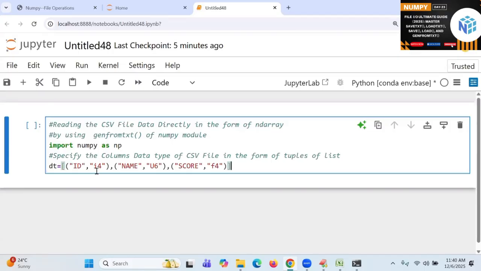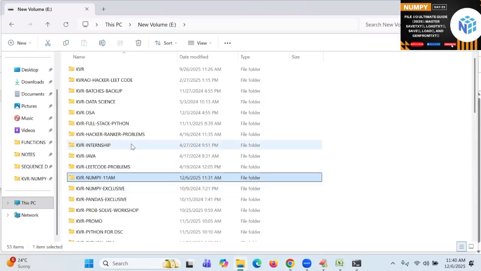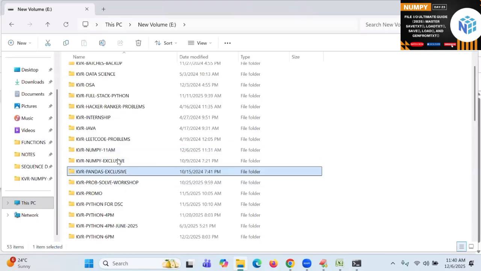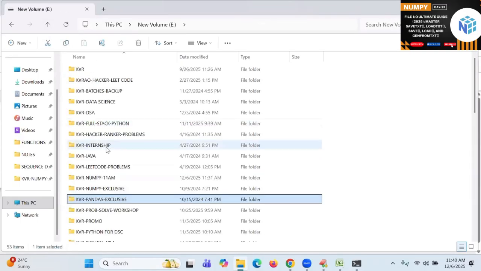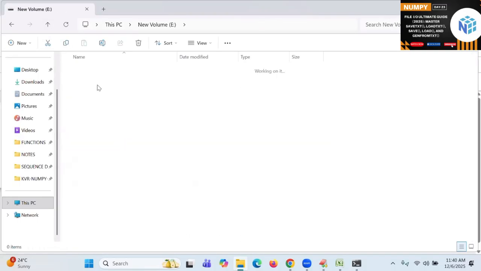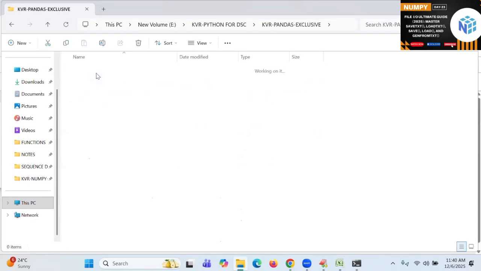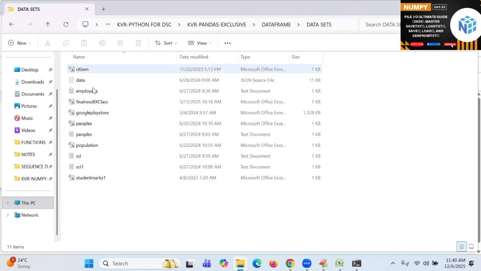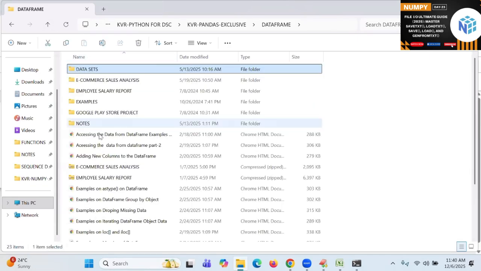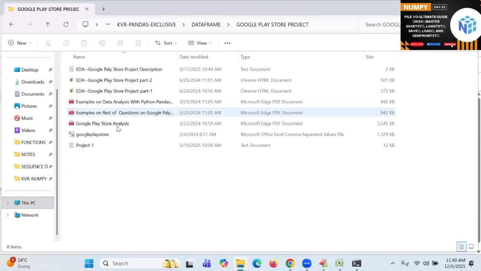If I have six columns, all six columns need to be covered. Very soon, in the next class, I am entering into the pandas level. My Monday class will be starting with data sets. I have some data sets here in the project, the Google Play Store project.